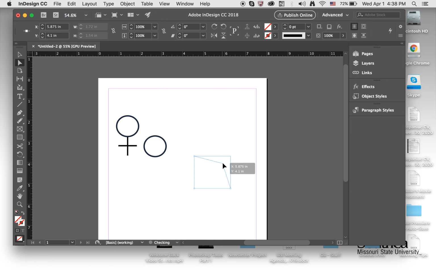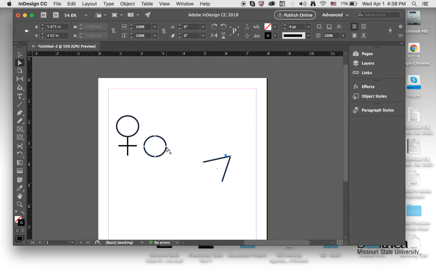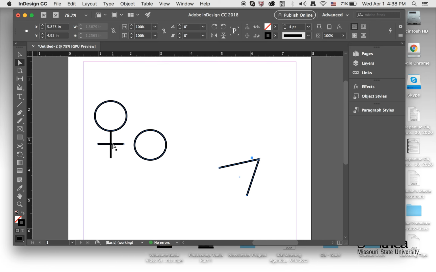Okay, so now I am able to bring it in and make an arrow out of it. So try to make it a straight arrow. And then change the size of it to 4 points. But before I move there, let me click on my selection tool, select Command C, Command V to paste this here. Let's change the